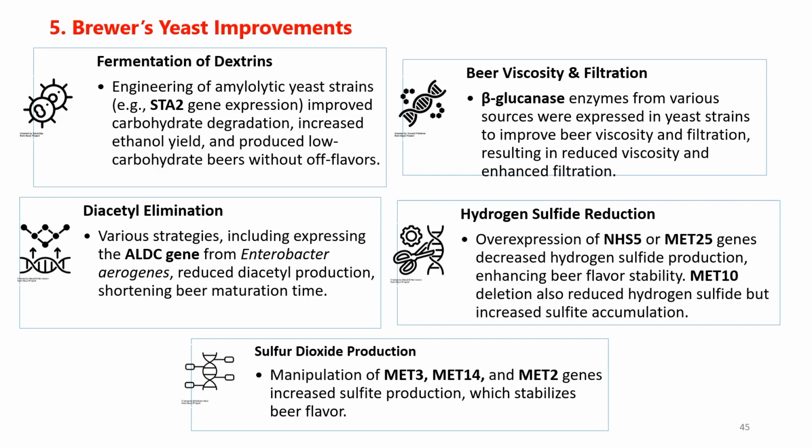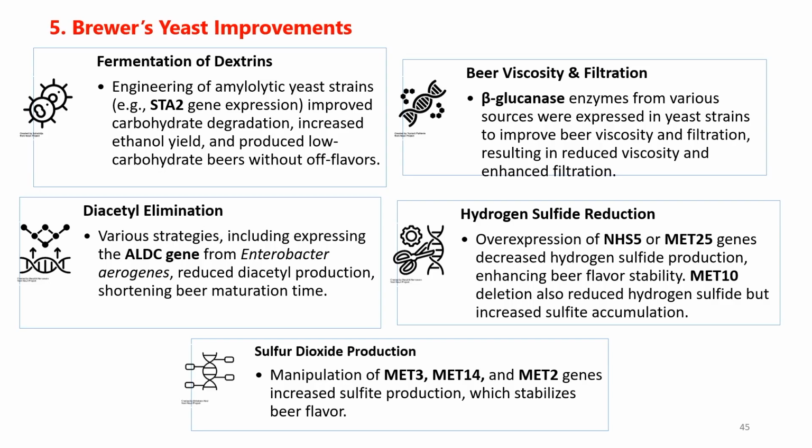Then the viscosity and filtration of beer, for example beta glucanase enzymes from various sources were expressed in yeast strains to improve beer viscosity and filtration, resulting in reduced viscosity and enhanced filtration. Then there were attempts for diacetyl elimination, with various strategies including expressing the ALDC gene from Enterobacter aerogenes, reducing diacetyl production,